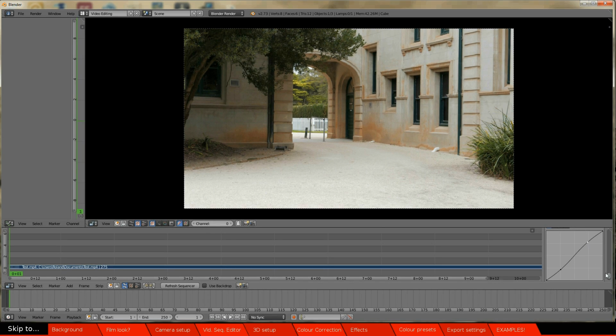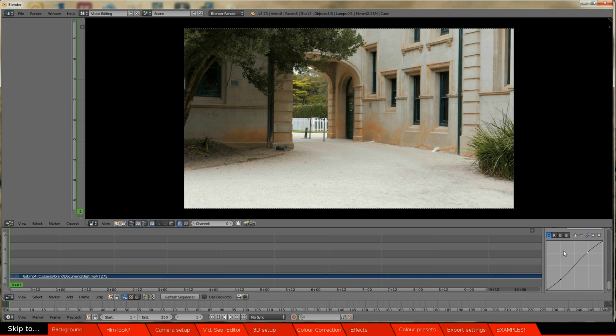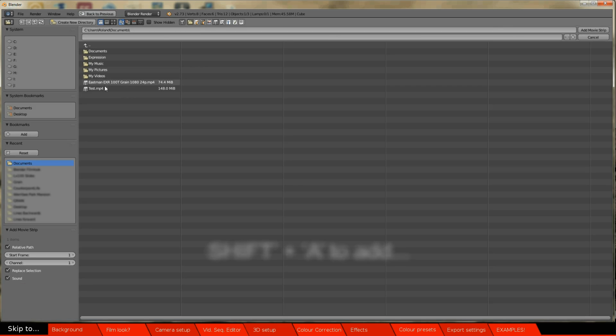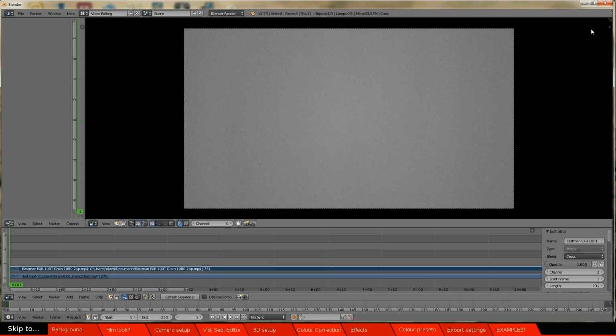And just going to make it so that we can see it. And then tweak the red, green, and blue like so. Now we're going to add another movie clip, this time some film grain. And we're going to set the blend mode to overdrop and bring the opacity slider down to almost 0 so